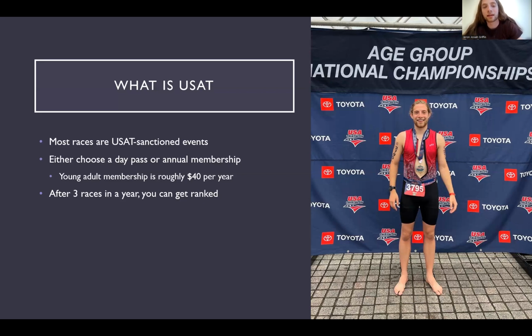It's like the top one through three in each age group. Sometimes there's five or six in our age group, but other times there's like two people. So some races are easier to qualify for than others.